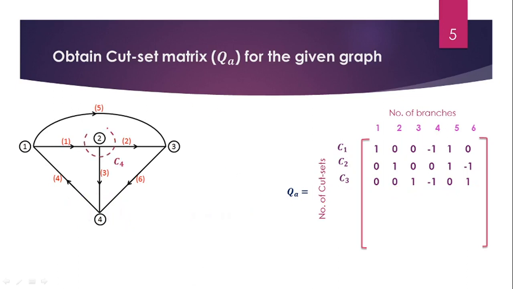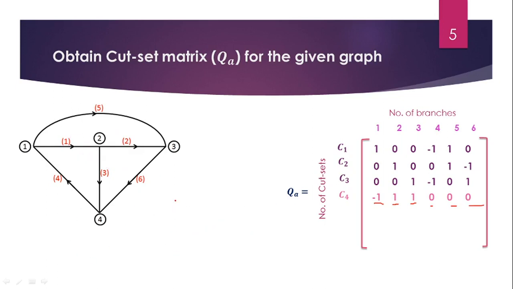We may have another cut, that is cut C4, and let's take that orientation is going away from the node 2. So what are the branches will cut? 1, 2 and 3. So C4 having the element is branch 1 is going to the node where cut is going away from the node, so that's why -1, opposite direction. Branch 2 and cut is having same direction, going away from the node, so +1. Branch 3 and cut having same direction, so going away. Branch 4 is not going to cut, branch 5 not going to cut, branch 6 not going to cut.